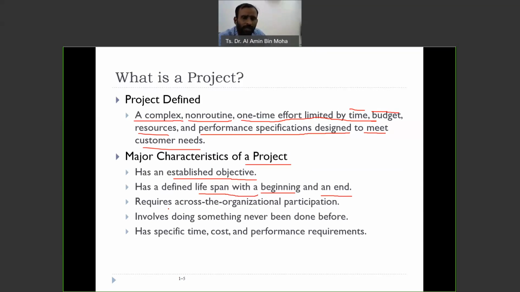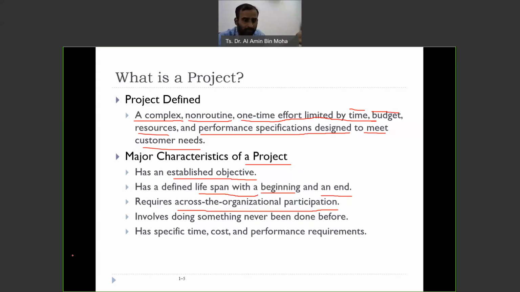I'll give the example of your PSM. You have your own objective to achieve in your PSM, so your PSM is a so-called project. And for your PSM, you know when to register, when to start, when to submit, and when to present. So it has its lifespan. And it requires across-the-organization participation. What do we mean by across-the-organization participation? It means that if you're working, you need different expertise, different people. Let's say you are working on building